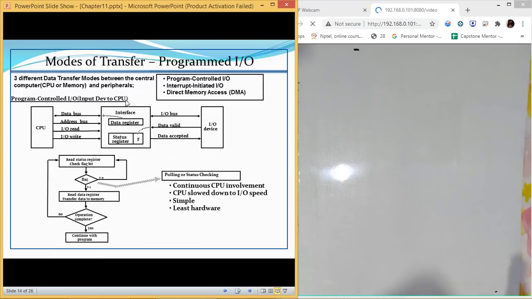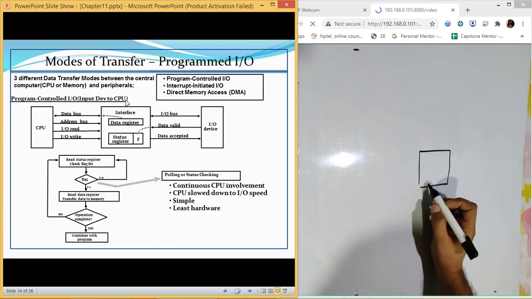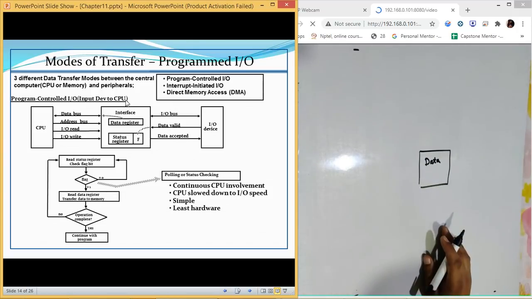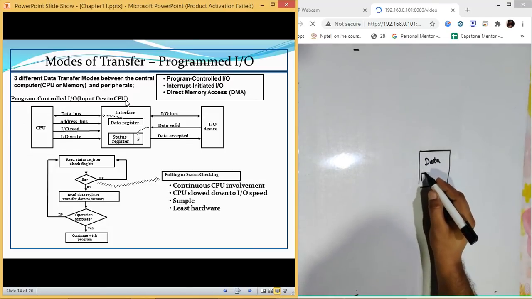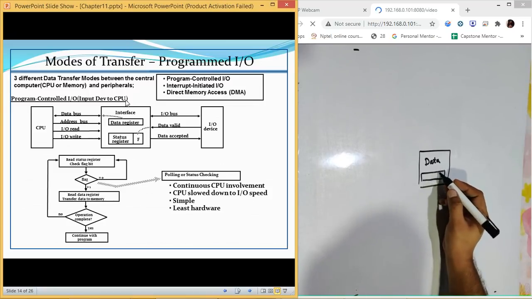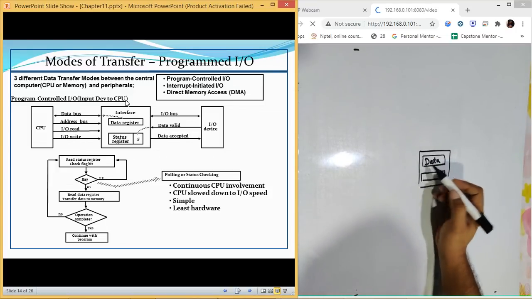In the case of program controlled input output, the data from the input output device is collected at the interface. Interface is the place where we get that data. After this we have a status register, which tells whether the data register in the interface is full or empty.